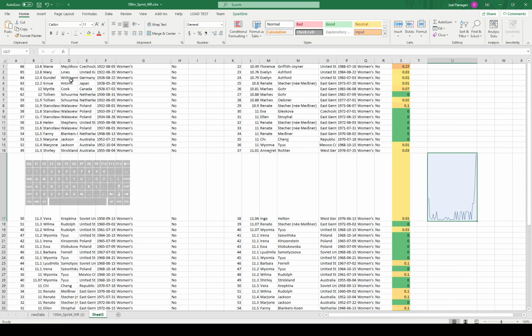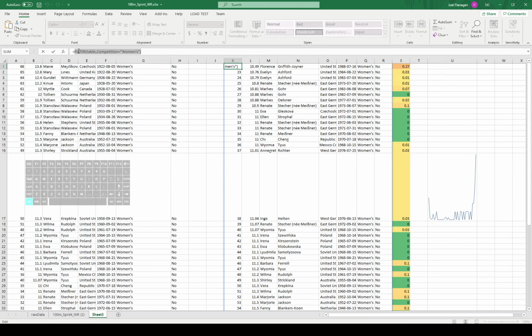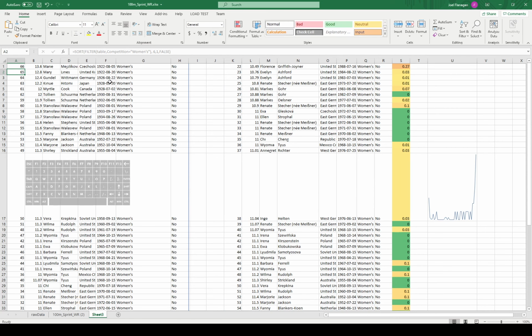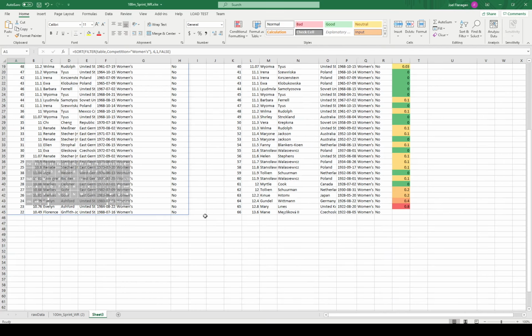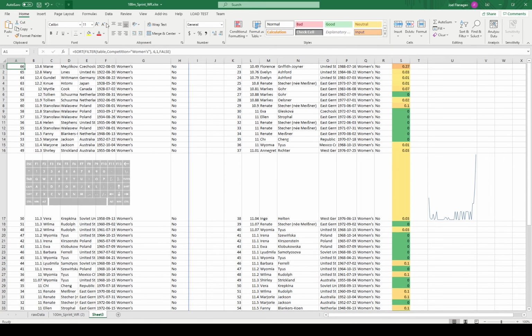Well, now that we've done that, let's put it inside something else, right? So this is referencing K1. Let's grab this filter, copy that, and then put it inside instead of K1. Cool. Now it's just the women, right? Oh no, we were sorting that table anyway. Yeah, it makes sense. I'll cut that, and I'll put it here instead